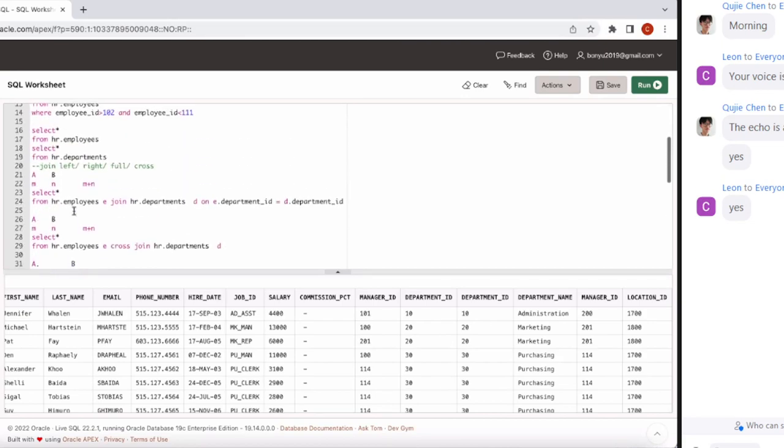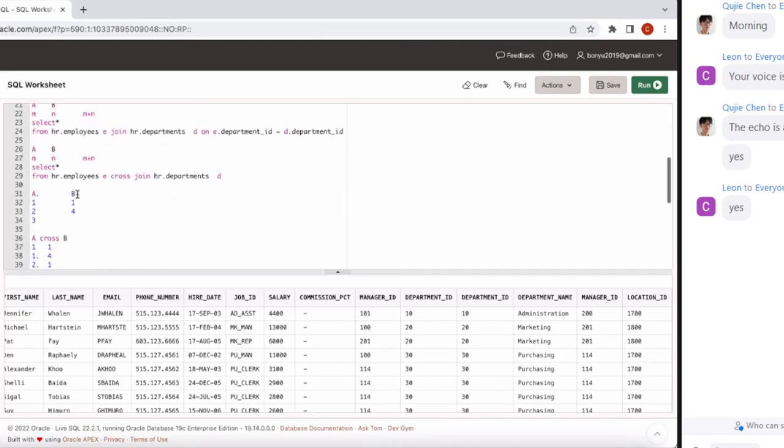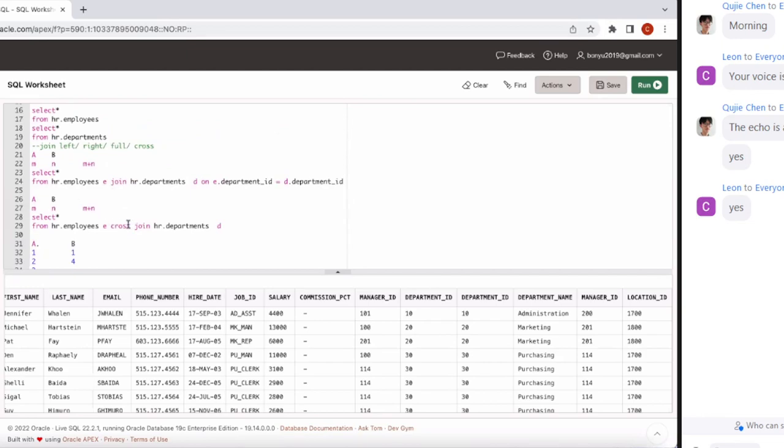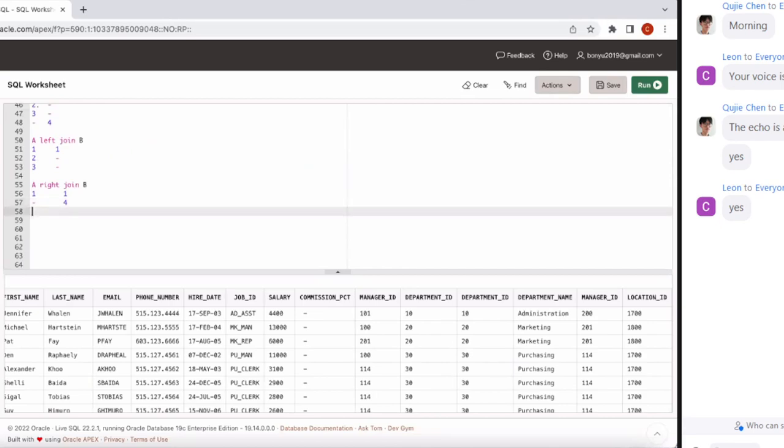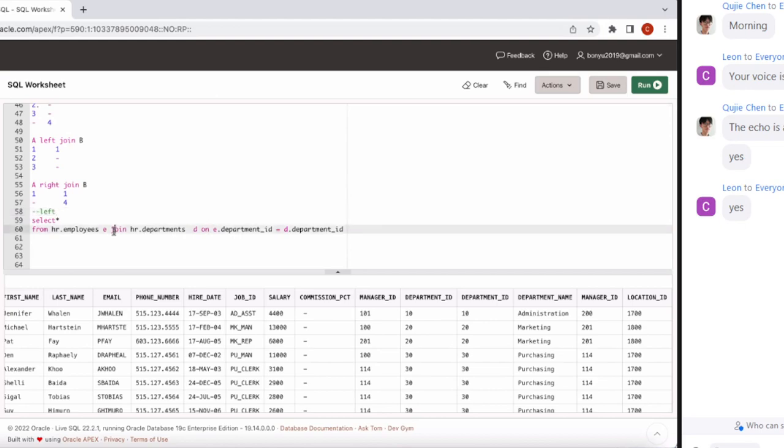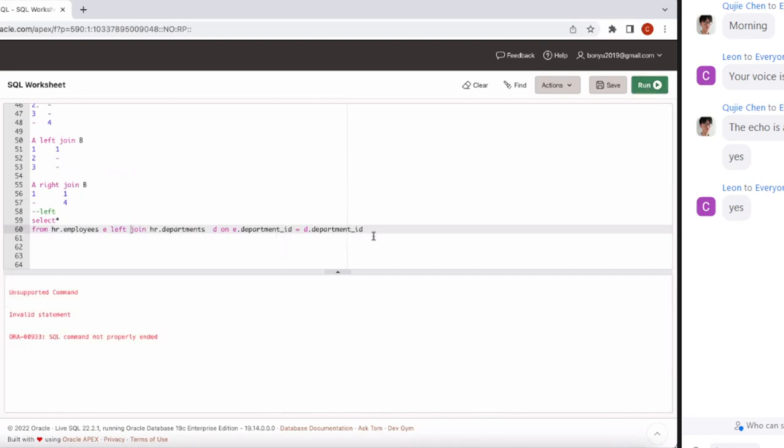Let's try to run some left join to see the results. Let me borrow this. Let's see. Maybe left join. So I used left join. Let me check. Invalid statement. Oh,